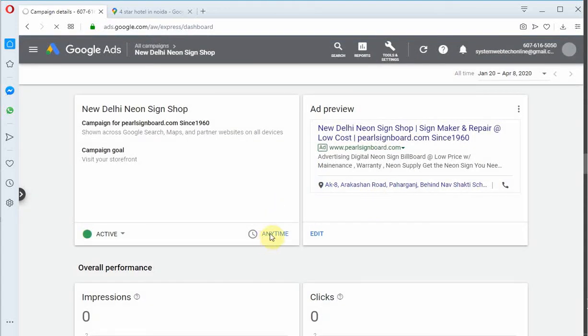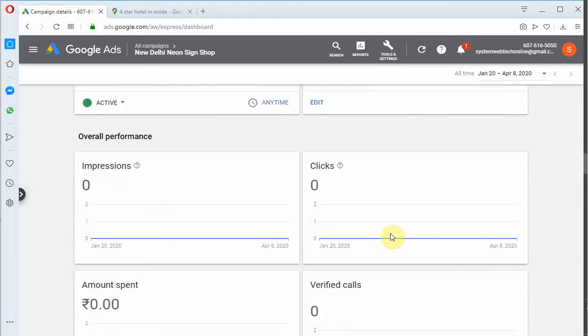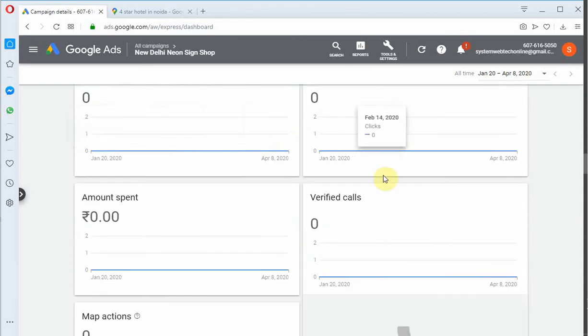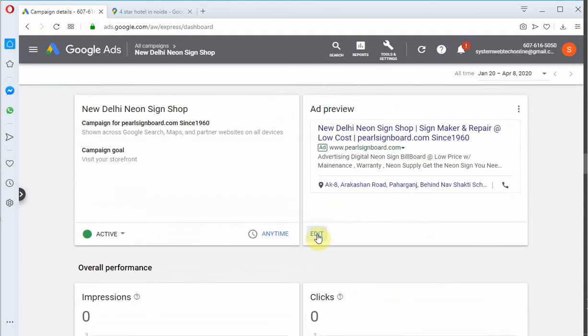So this is how it's showing you your campaign active. It gets active, and this is your dashboard. Everything will be visible to you. You may add it by clicking over here.